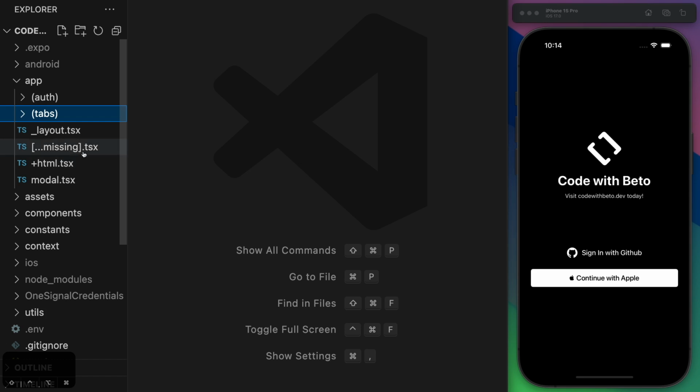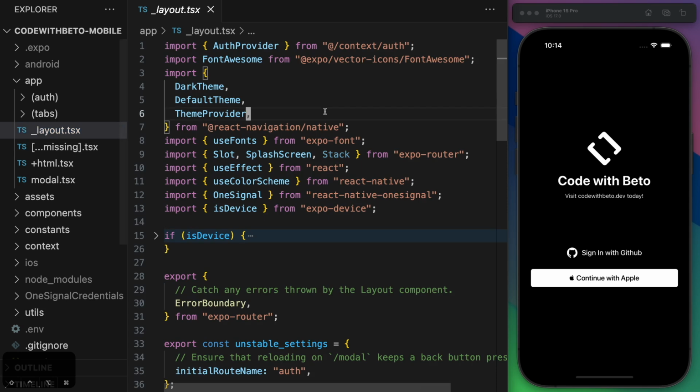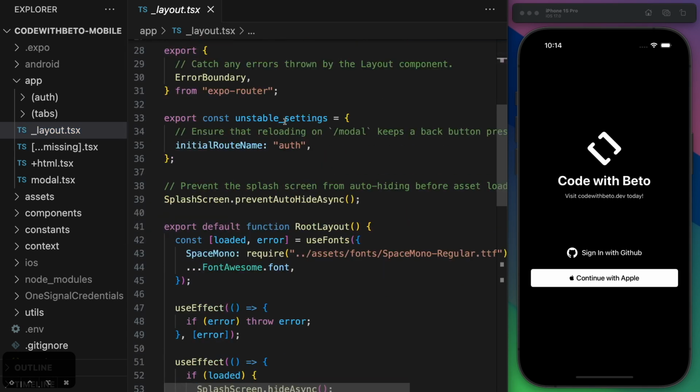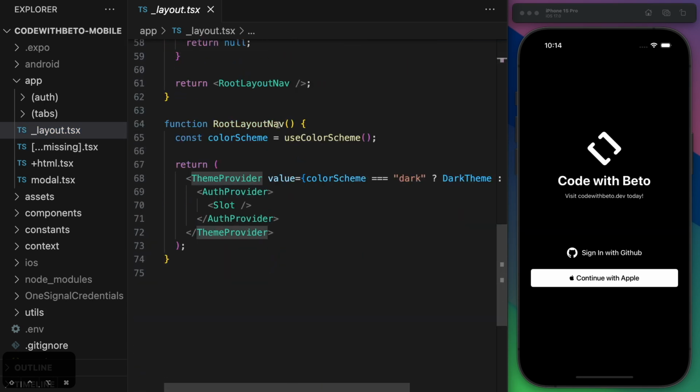For example, if the user didn't enter a valid route, we have this missing screen and this modal screen and layout. So the important thing to keep in mind here, if you are not familiar with Expo Router, is that the entry point for this application is going to be this layout. All right, and inside this layout, if I scroll down, you can see that we have these